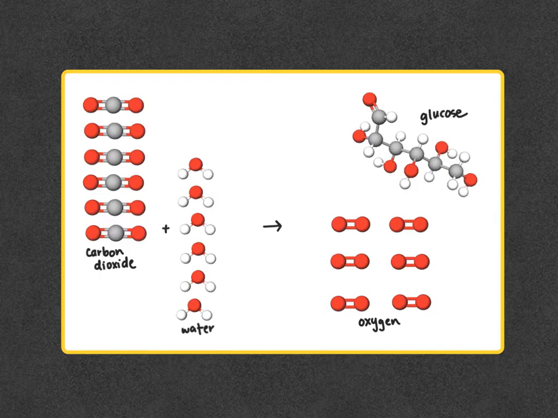Now in a chemical reaction or in a chemical system, the chemical bonds store energy. So we have some amount of stored potential energy in our reactants and some amount of stored potential energy in our products. Because this is an endothermic reaction,